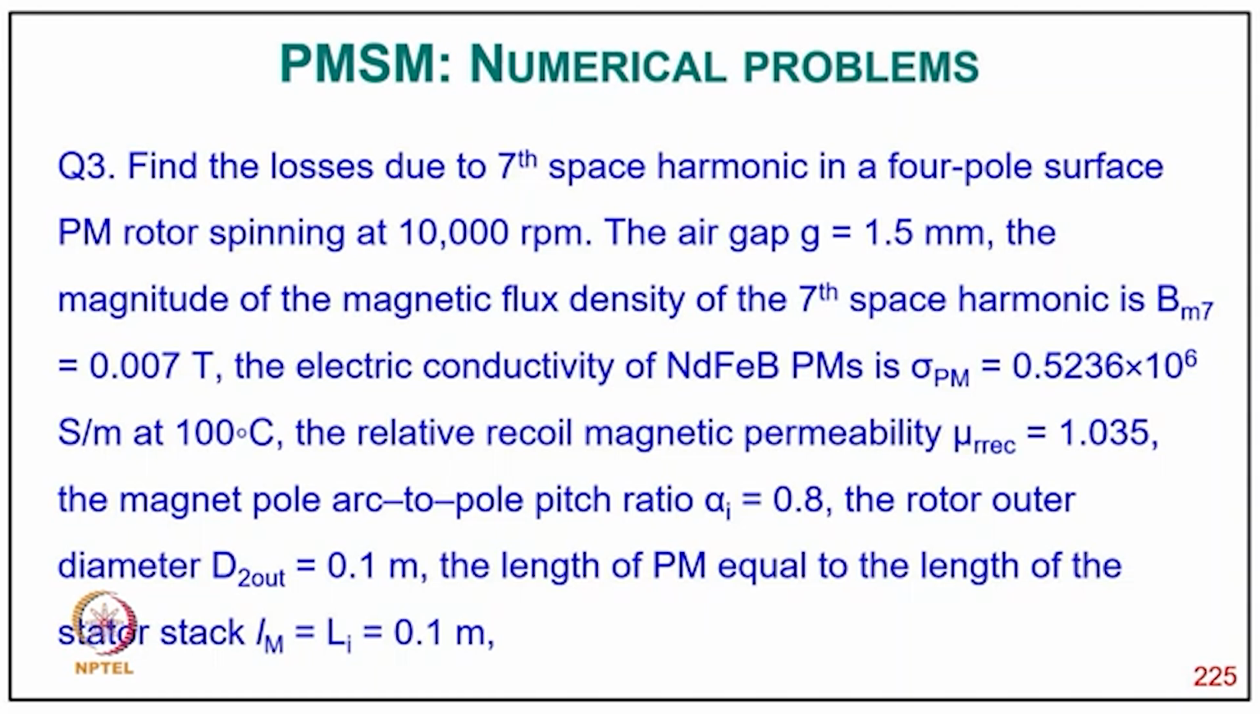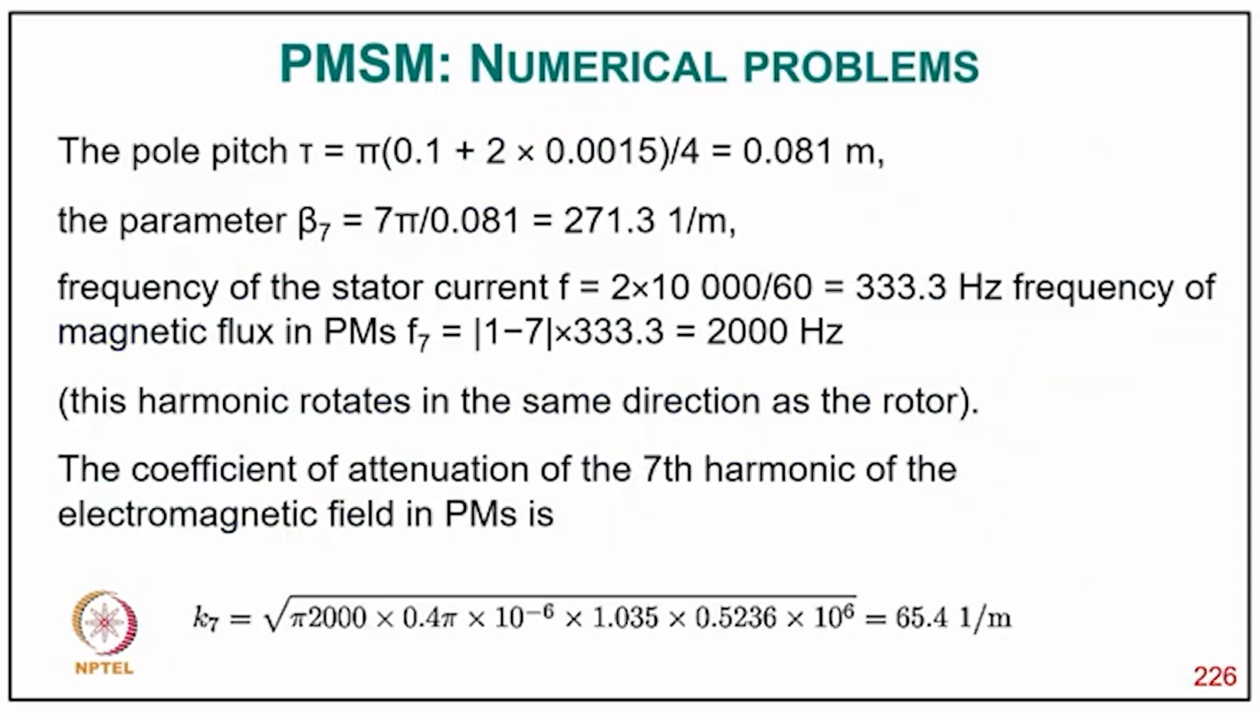The magnet pole to pole pitch ratio is alpha equal to 0.8, and the rotor diameter D2 out is 0.1 meter, and length of PM equal to stack length, Lm equal to Li equal to 0.1 meter. So the pole pitch tau equal to pi into D plus 2 delta by 4, that is 0.081 meter, and the parameter B7 is 7 pi divided by tau, that is 271.31 per meter, and the frequency of the stator current f equal to p into ns upon 60, that comes